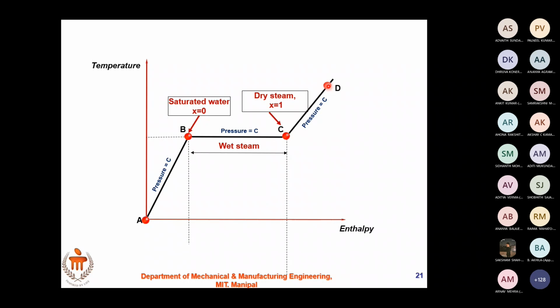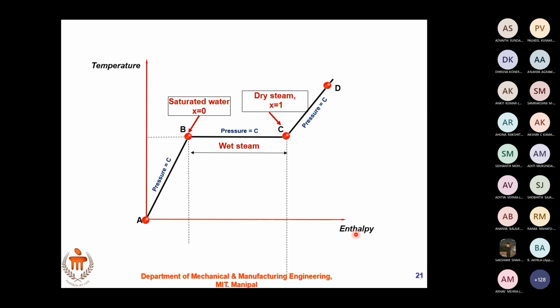Ma'am, do we just refer to this graph as the TH graph showing the variation? Yes, it is TH, capital T, small h. We generally use specific enthalpy. If I use small h, it denotes specific enthalpy. Specific means the enthalpy is in kilojoules per kg. Mass remains 1 kg only. Since it is constantly 1 kg, the unit of enthalpy is kilojoules per kg. That's why this enthalpy is called specific enthalpy. Okay, thank you.